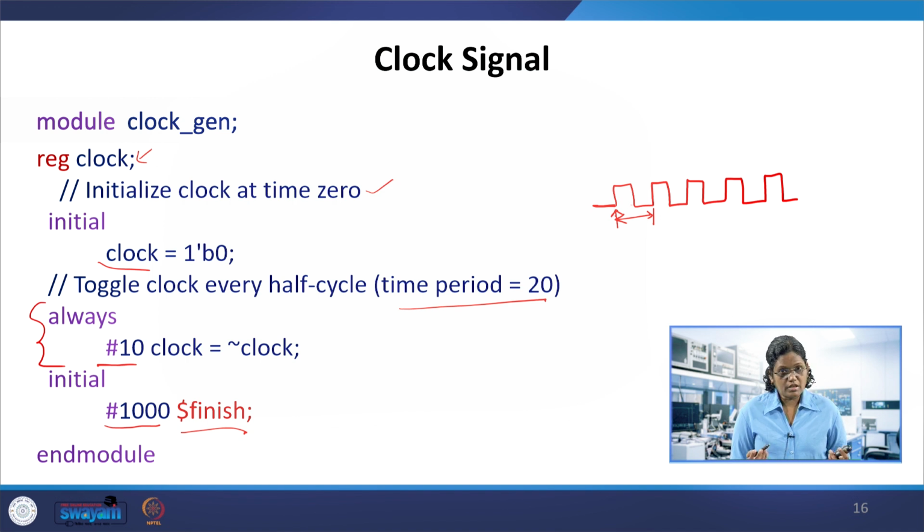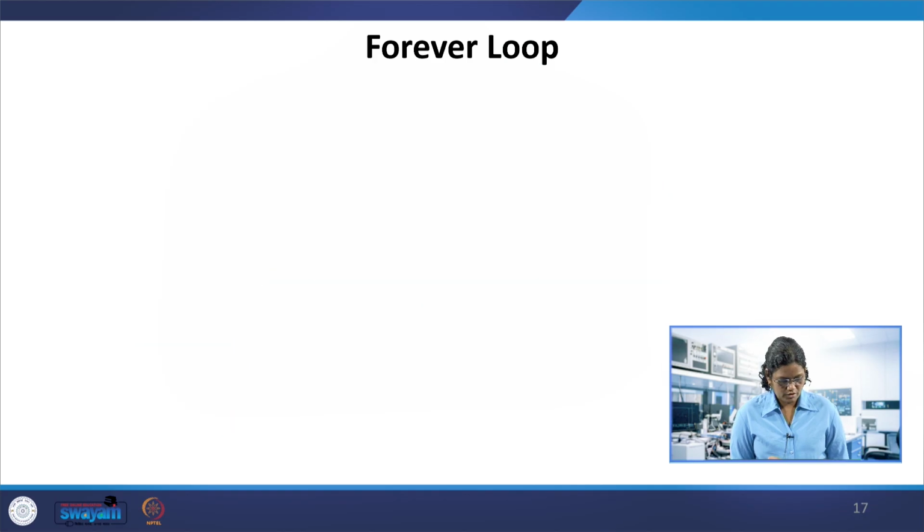Or, in real time, if you target the FPGA, this clock signal is already available on the board. We will use that pin in our constraints file and feed it to the module. So this is clock generation with the always block.